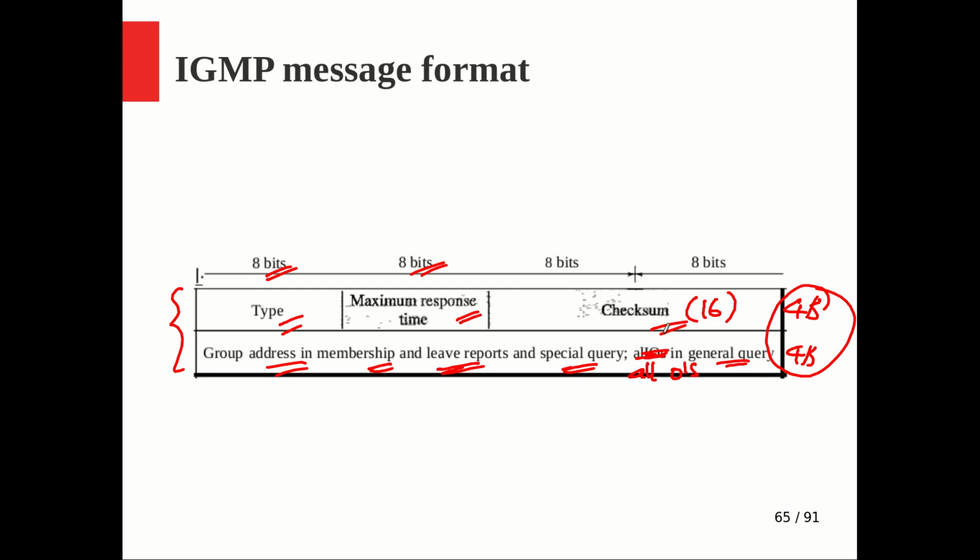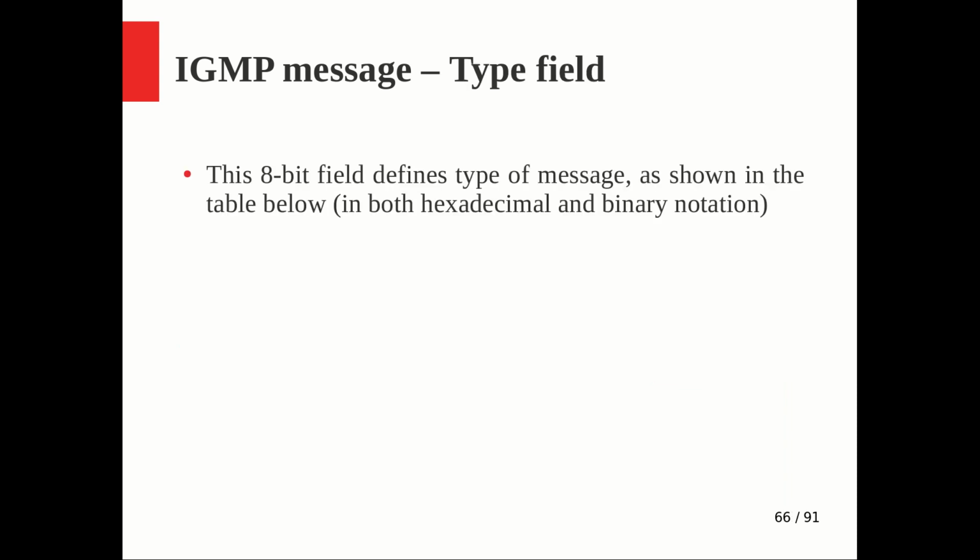If the router wants to update its table, whether all the groups maintained in the list at the router are active or not, that is the purpose for which the general query is generated. So whenever a general query comes, every host is supposed to report a membership report with all the active groups. That is a requirement. You can't pinpoint a particular address, right? So that is why this field is kept as fully 0 in the case of a general query.